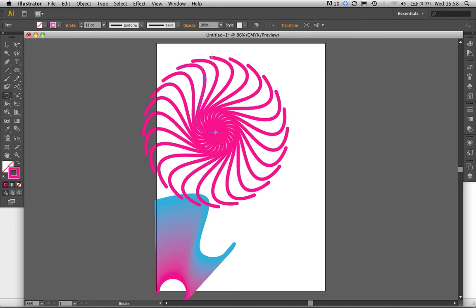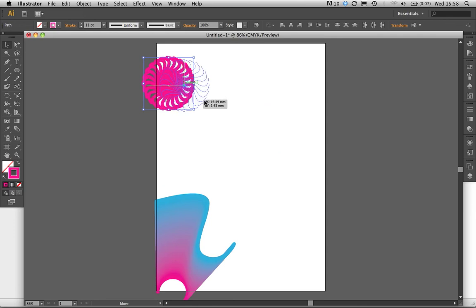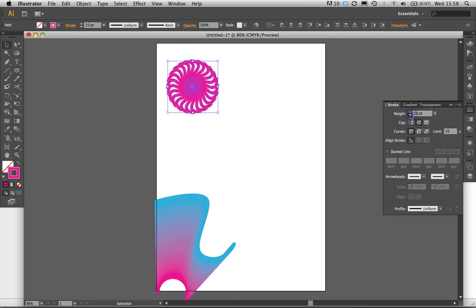Okay, and you can do that with any shape, and once you've got that, you can select it all, resize it, and change the stroke on it so that it looks much more refined, like so, and then select all of that and group it,